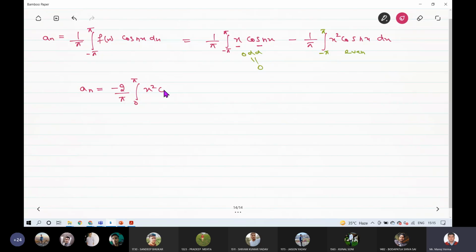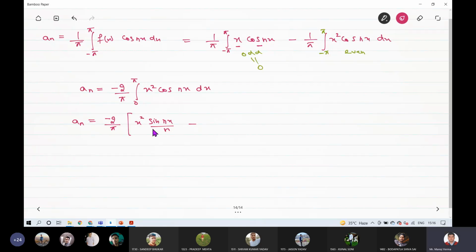x square cos nx dx. Now I will simply apply the chain rule. I will simply apply the chain rule to solve this integral. An will become minus 2 over pi. Chain rule was: first function as it is, differentiation of second function, integration of second function,